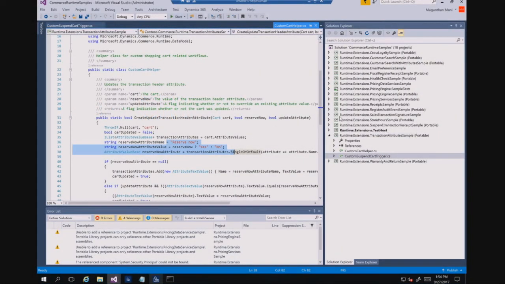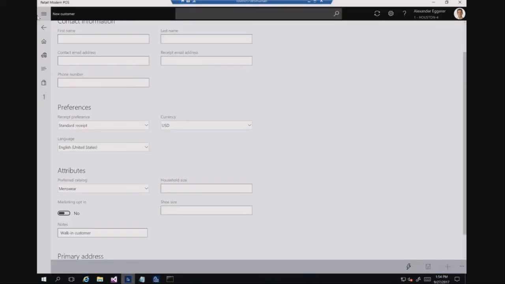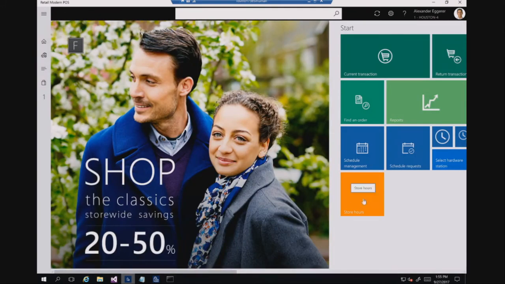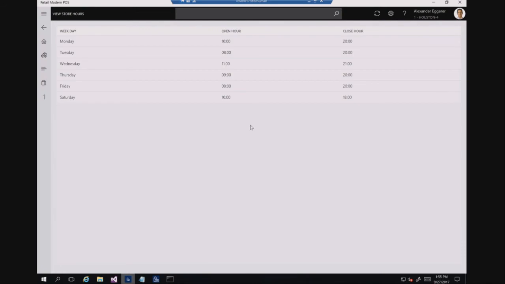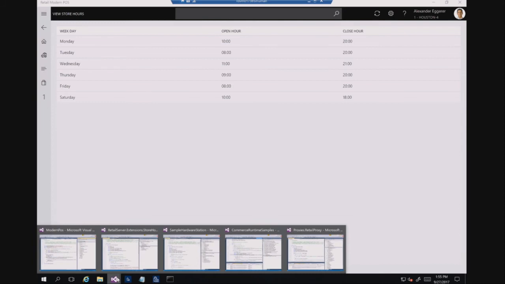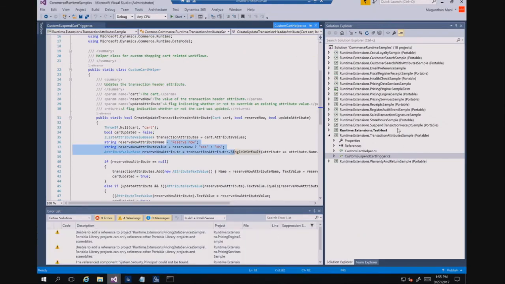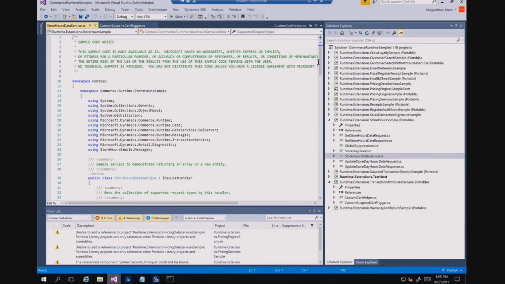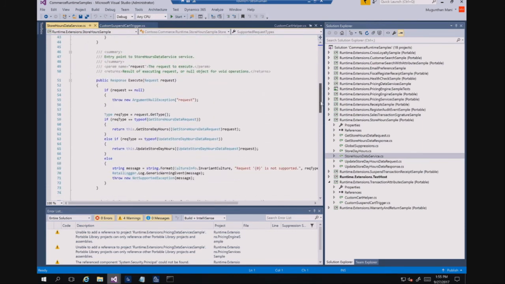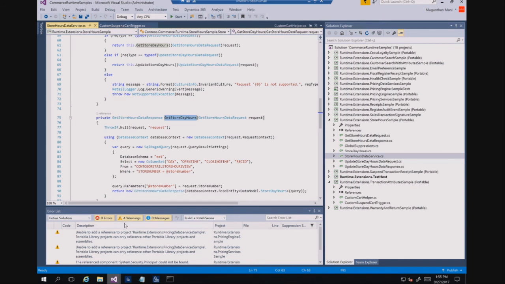First I will show how you will quickly create a new service. For example, in the store, as it's completely a new sample I showed you, right? This is completely new functionality. So in a view, we are fetching store information. I'm going to show you what I did in CRT to get this information. If I go to the code here, I completely created a new sample store hours here. It has nothing, just the entity information, and then there is a store hour data service class, which is just going to call the DB. So when POS calls this request, it will call the DB, it will execute this request, get store day hours. If you see that, it's just going to call the SQL to get that information.